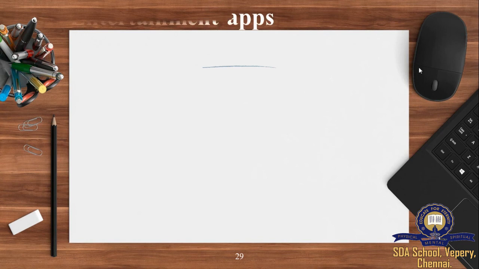And the next one will be entertainment apps. Everyone will be eager to know what entertainment apps are. Entertainment apps means, if you want to watch a movie immediately, what will you do? You're traveling, but you would like to watch a movie. If you are not traveling, you will go to the nearby theater or watch television itself. But you're traveling and you want to watch a movie. What will you do? You not only want to watch a movie, you also want to listen to songs. If you have a mobile phone, you will search in Google and watch, right? But it is a very long process.